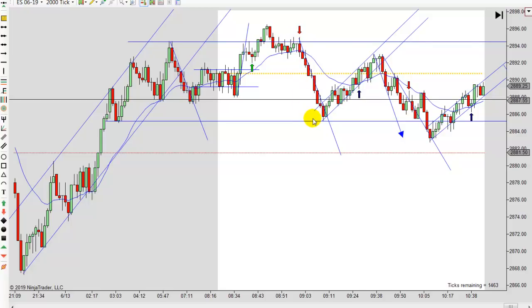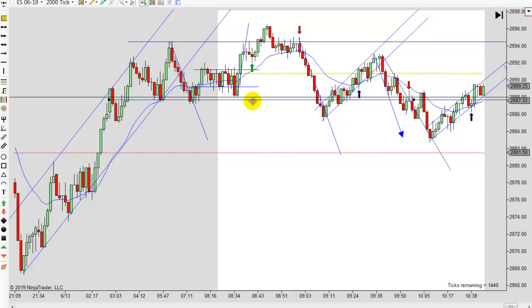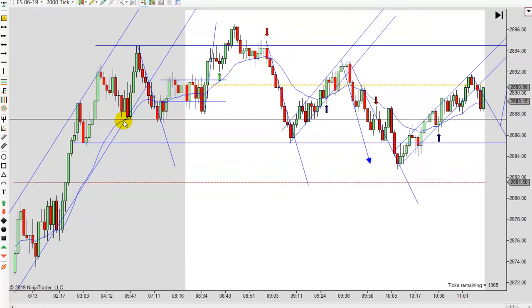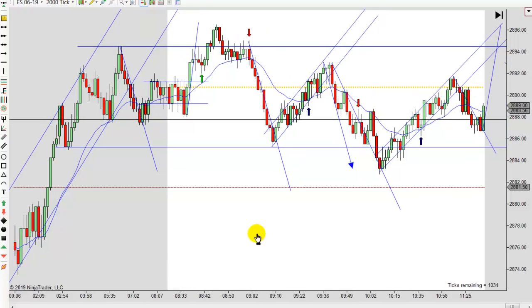We're probably going to the other side, which at that point, I probably would have had my line right here, but you still see you got plenty of room. So I ended up adjusting this as the day went on. But early on, I probably would have had it right there where the current price is trading. So this turns out to be a great trade. If you catch this one trade, you're probably done for the day.